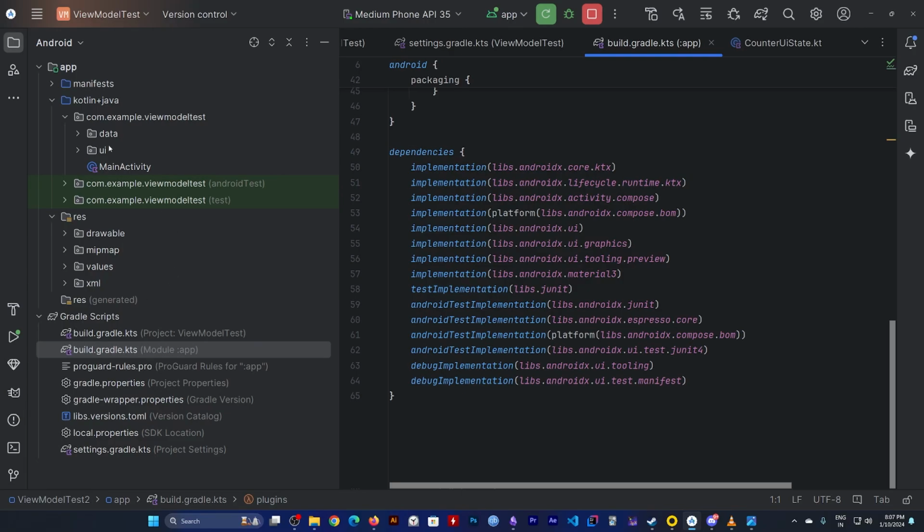Okay, it's in here. If you go to the Android tab and go to the module app Gradle file, we